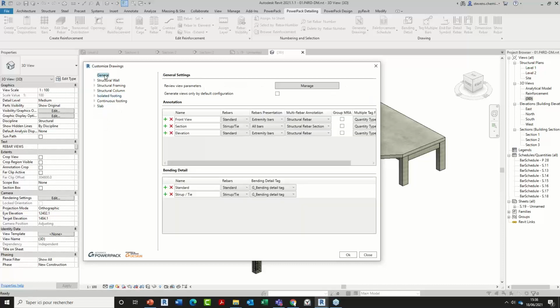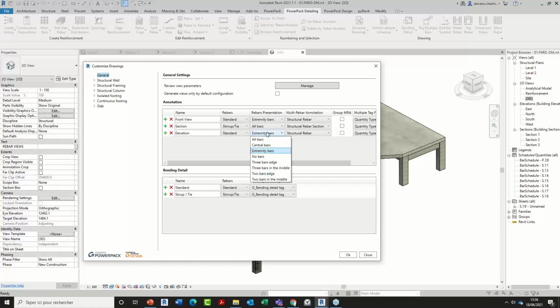First, the user will define which type of annotation they want. For example, for elevation section, depending on the type of rebar you have in your model, standard or stirrup or tie, we can define a specific level of presentation of those rebars. Do I want to see them all? Do I want to hide some of them?